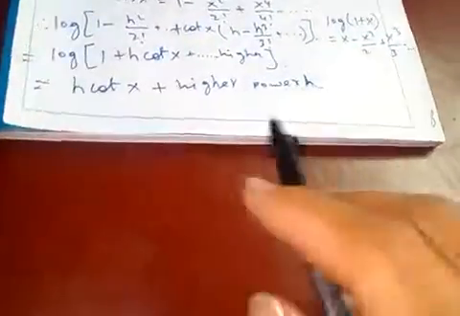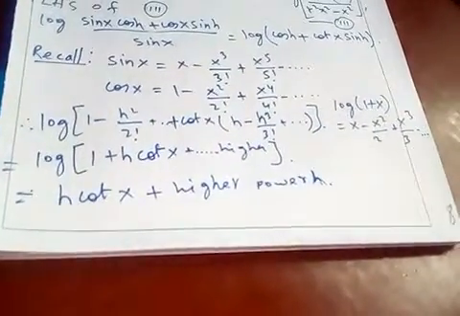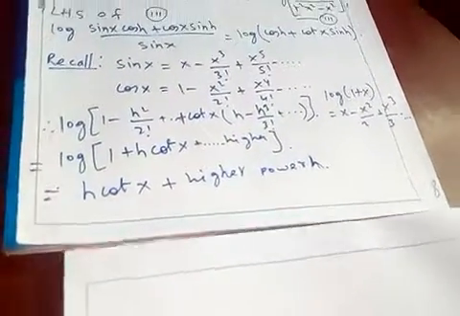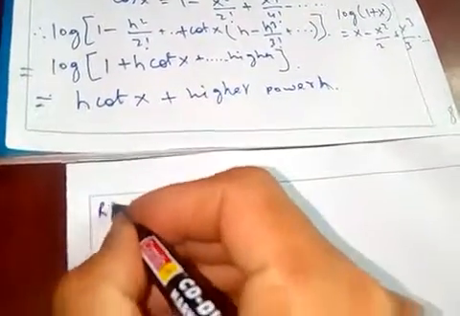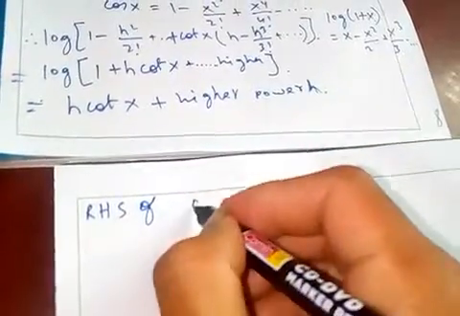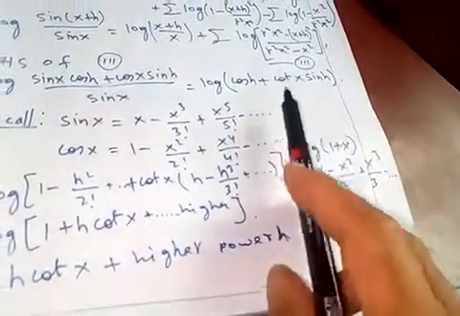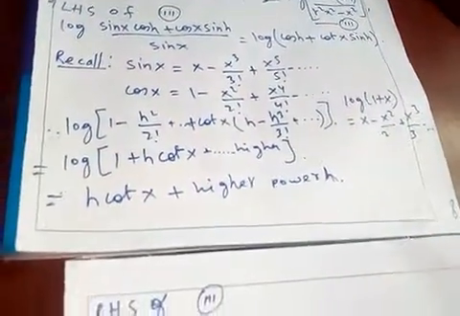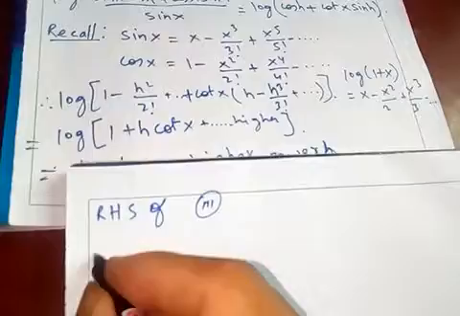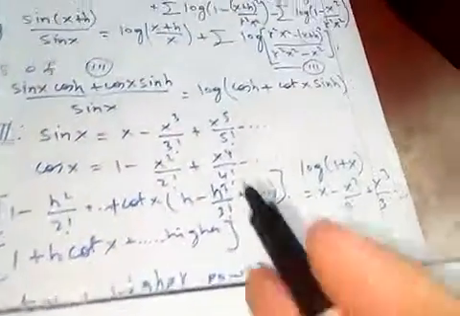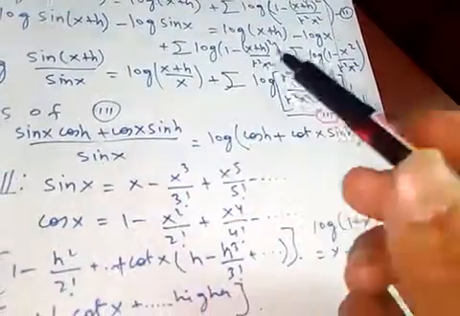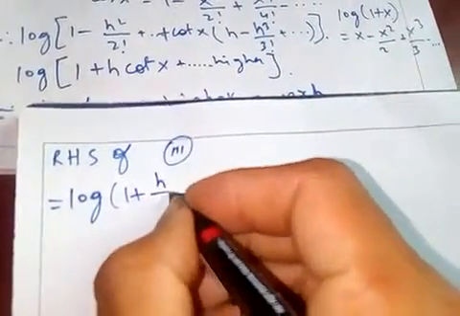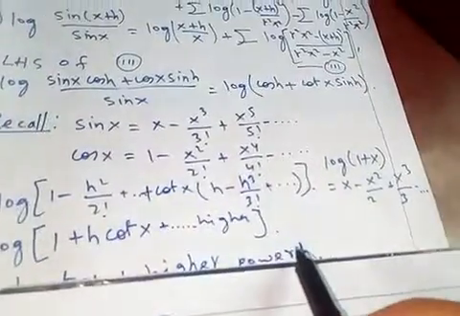Okay, this is the left hand side, remember that one. Now for the right hand side of equation 3, what is the right hand side here? This one I can split as log of (x plus h) over x, which is the same thing as 1 plus h over x,